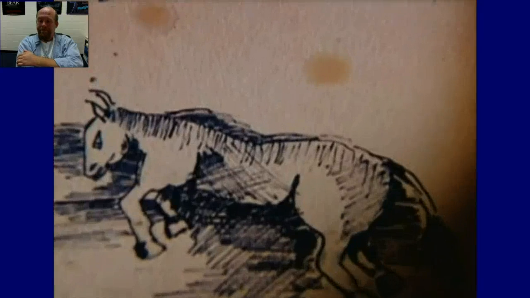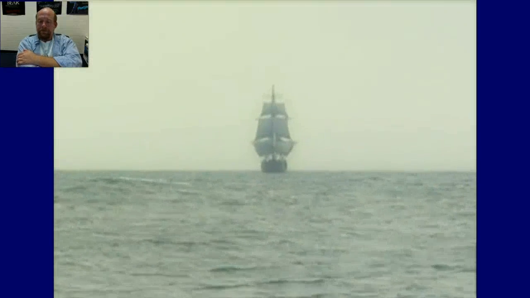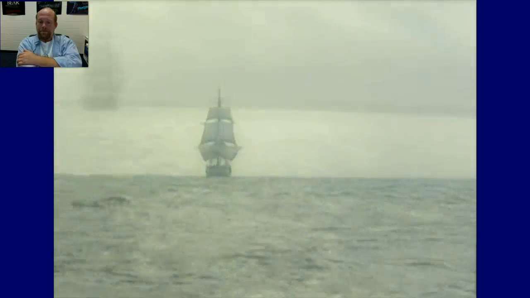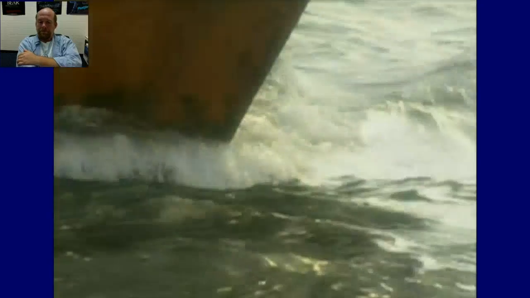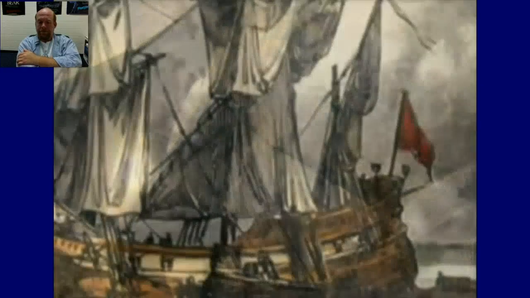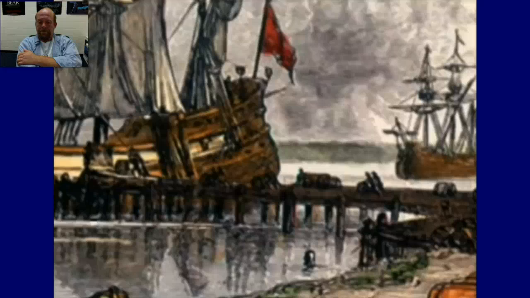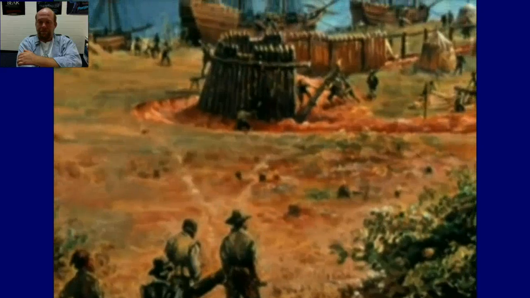The colony had started the year with 500 or so people. By the end of the Starving Time winter, in March of 1610, they were down to 60 people. There is a move to abandon Jamestown. The colonists actually sail away. But less than a day later, they run into a fleet of ships bearing new settlers under the command of Lord Thomas Delaware, who declares Jamestown shall not be abandoned. Everyone turns around, and by that slender thread, the colony survives. Jamestown's no longer on the brink of extinction. There's going to be challenges ahead, but Jamestown is going to survive.